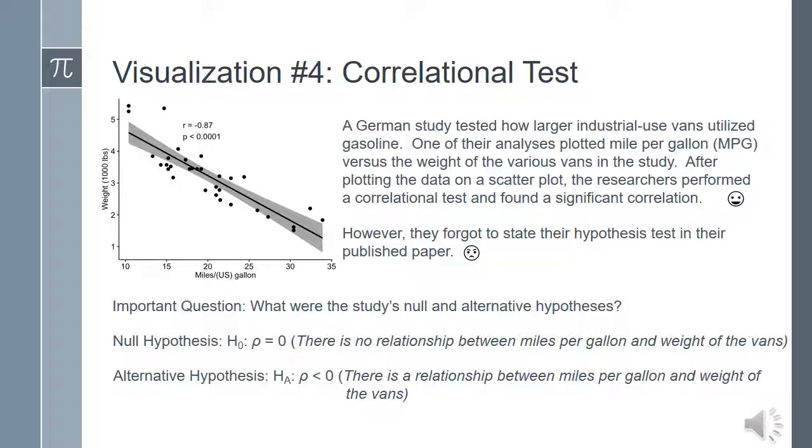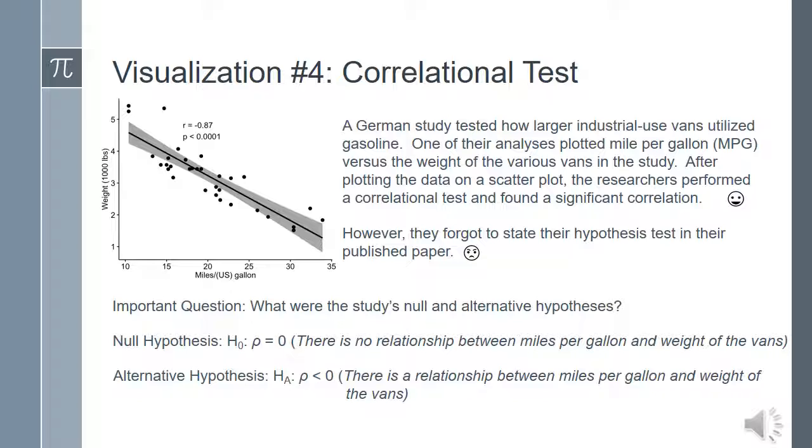Visualization number 4 is correlation test. The concern is whether there is a correlation between the miles per gallon and the weight of the various vans in a German study. The null and alternative hypothesis for the study would be: null hypothesis, rho equals 0, meaning